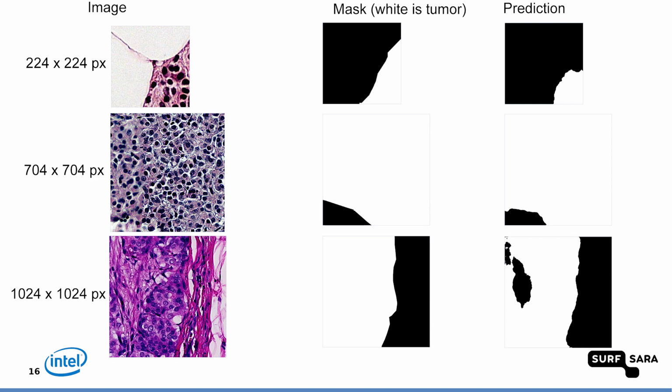So those are the input images. You see in 224 by 224, predictions are quite coarse. The white bit is the tumor. We get this input mask. This is the label, the input mask. This is what we predict on the right-hand side. It kind of follows, but you would see that the following of the mask is more precise for the